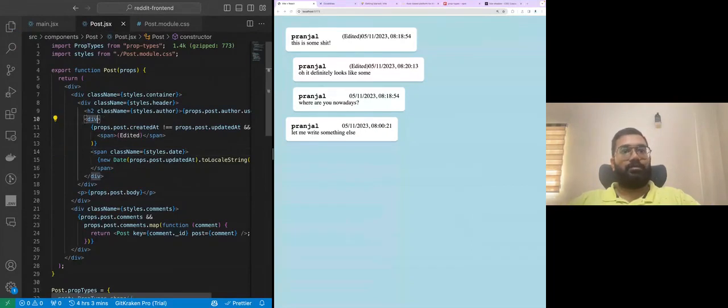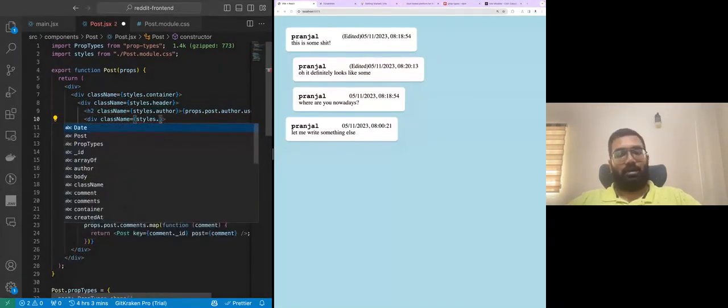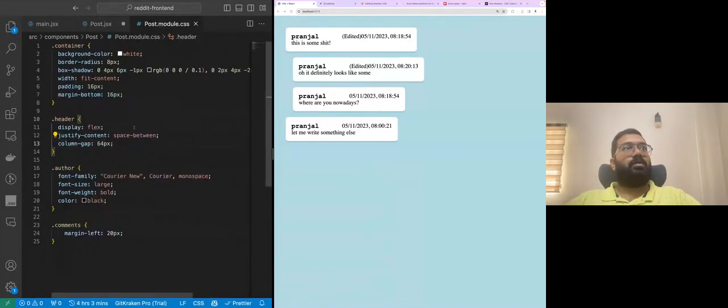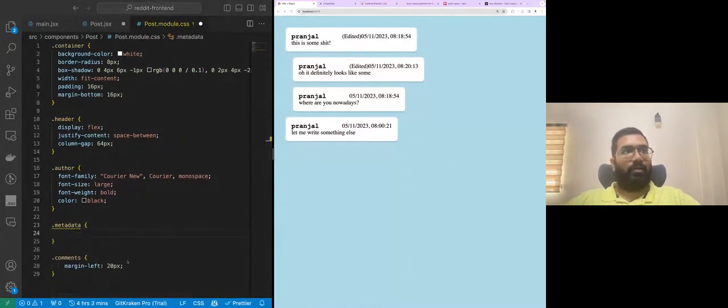So for that, I can put a new class name, and I will name this metadata, because this is metadata about the post, whether it's been edited or when the tweet was done. Okay, so I'm going to have styles for metadata, and within metadata I want,